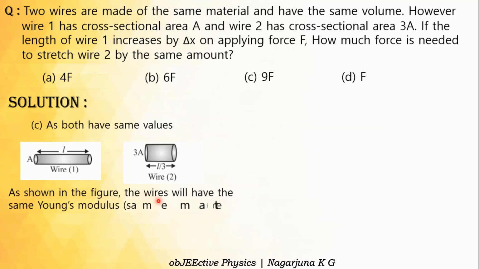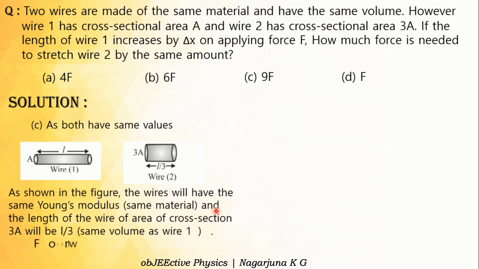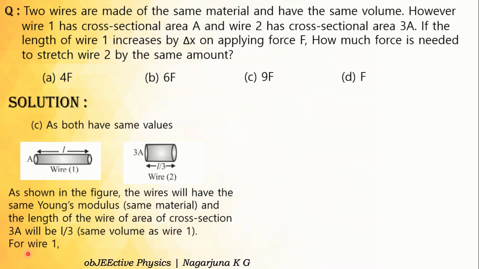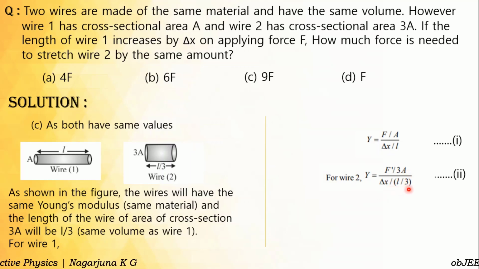As shown in the figure, the wires will have the same Young's modulus, same material. That is also mentioned in the question. And the length of the wire of area of cross section 3A will be L by 3, same volume as wire 1. For wire 1, Y is equal to F by A divided by delta X by L for the first wire. For the second wire, Y is equal to F dash by 3A divided by delta X by L by 3,